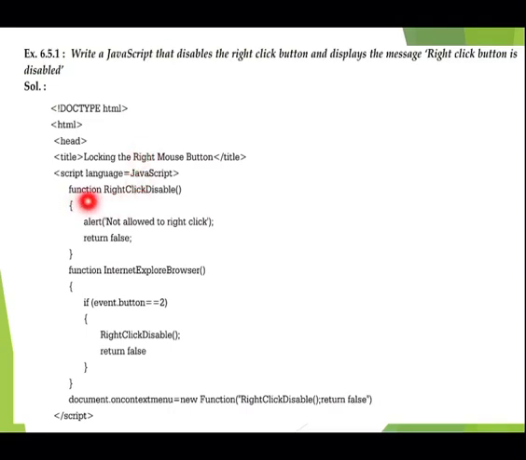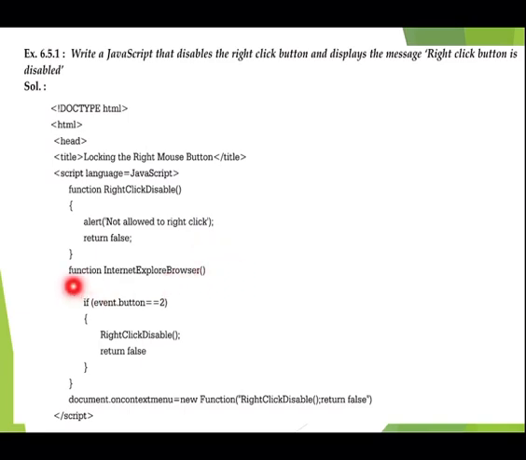The function name is rightClickDisable, and inside that function we are displaying the alert "not allowed to right click", and then it will return false.